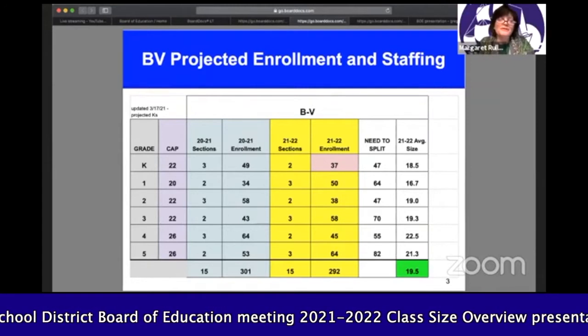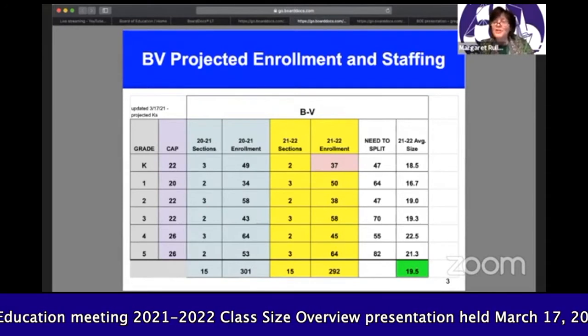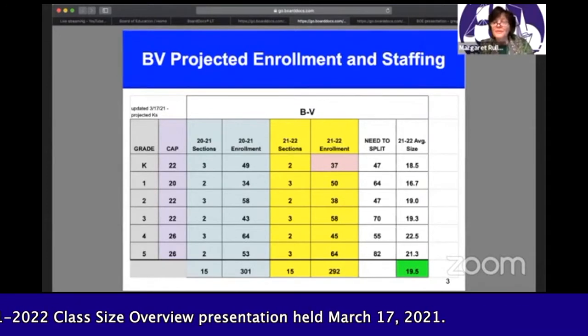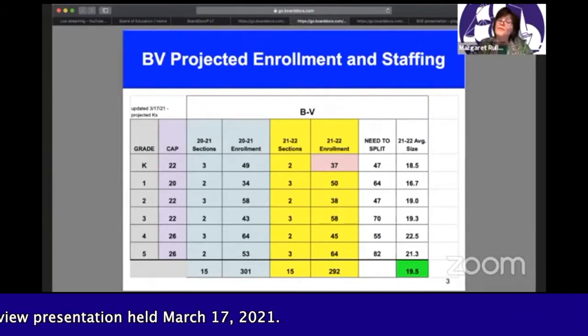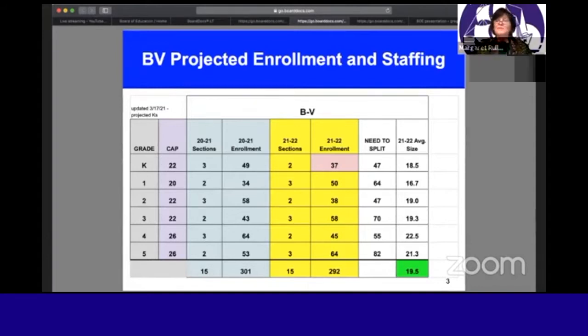First thing you'll notice under the date stamp is that the numbers in pink are the projected kindergarten numbers for 21-22 for each school. Those numbers come to us from Infinite Campus. So it's the program telling us that we have students already in our schools with siblings who would be of age to come into kindergarten in the coming year. That's not necessarily the actual number, but it is the number we start from as a guesstimate. Sometimes a family moves, and that number becomes 36. Sometimes families move in that we haven't anticipated, and that number becomes 42.